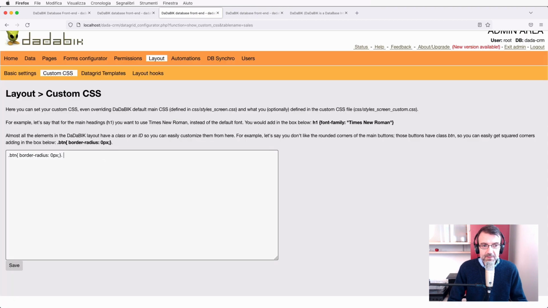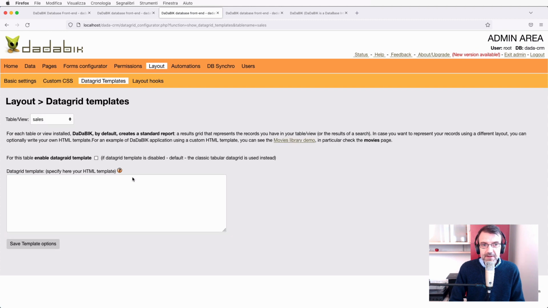Okay, of course you can add many lines here. Okay, the dot was not correct here, by the way. Okay, second one. Third one, data grid templates. This was already available. The only thing is that data grid templates was here in the first line, now is part of the layout section. Okay. And finally, we have a layout hooks